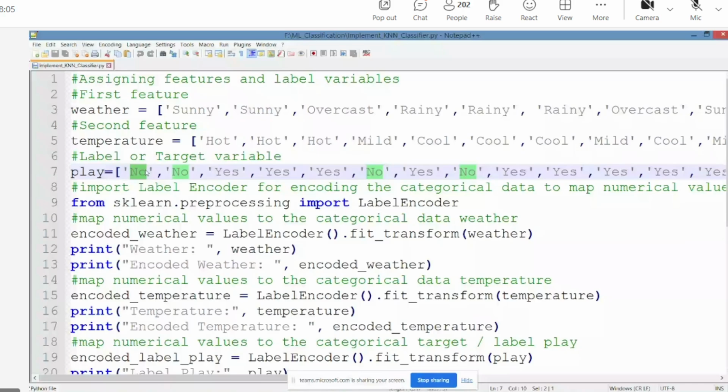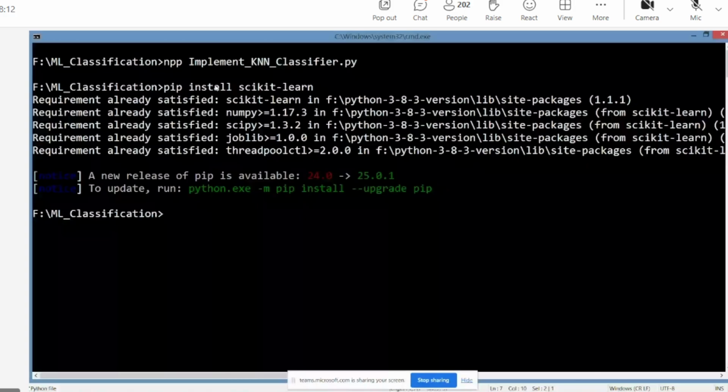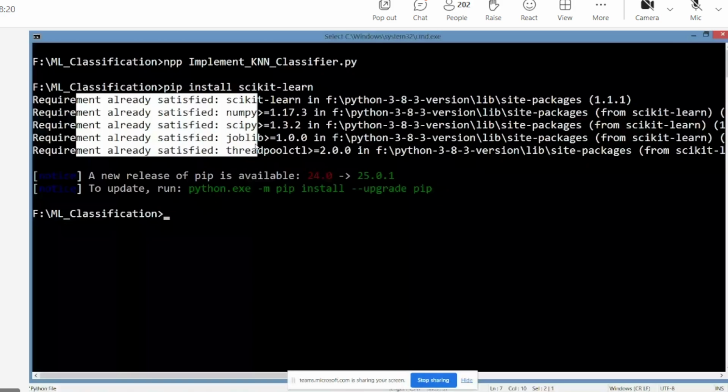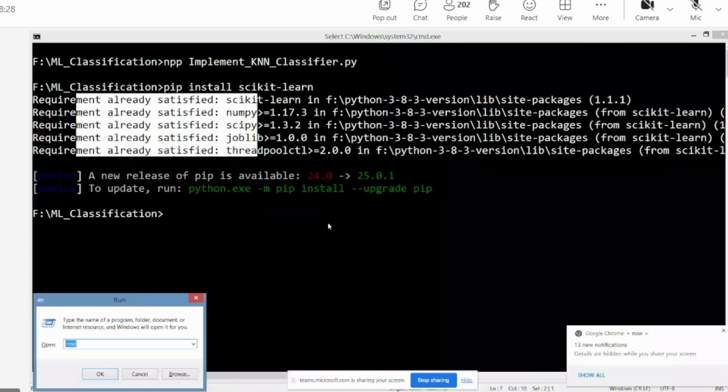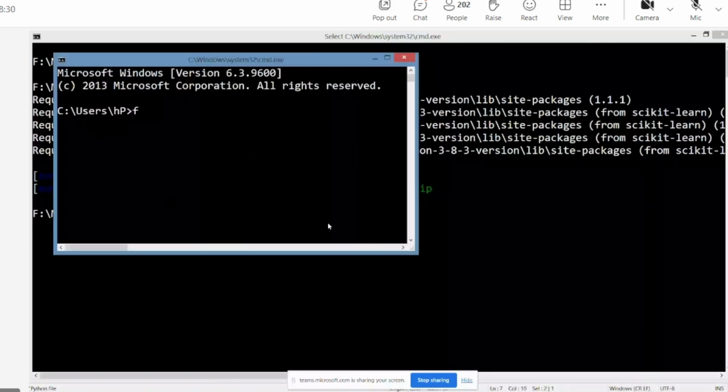Now, when you install sklearn, you can see here, when I tried installing, it said requirement satisfied, because I have already installed it. Now, sir, where do I get this? As a faculty, when you are learning something, we should explain to the students in a better manner where they will understand. Now, I am still using an old version because I don't want to update and get into trouble.